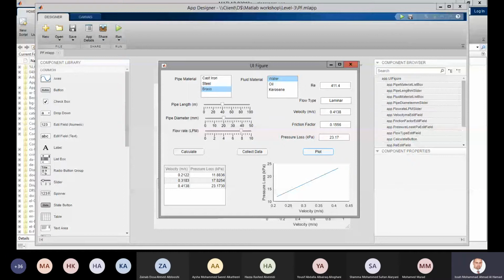Now what I did, I prepared for you the pipe material property